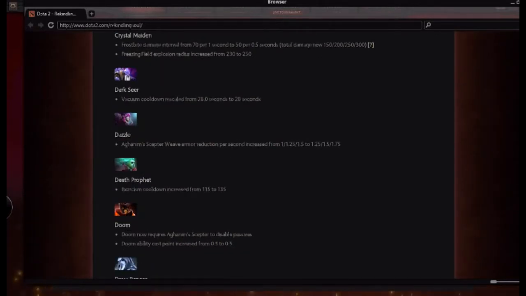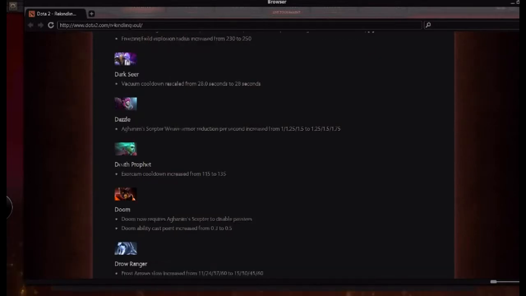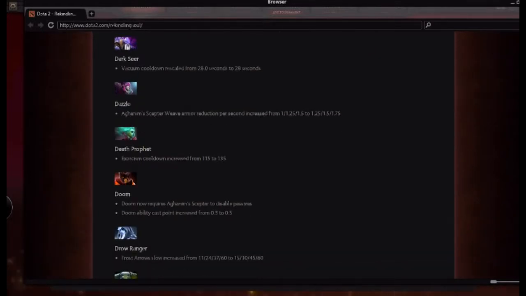Aghanim's Scepter Weaver, armor reduction per second increased from 1, 1.25, 1.5. So it gets a 0.25 buff on each level with Aghanim's. To Prophet getting a nerf, sorry. Her ult now takes 20 seconds longer to cool down. Doom now requires Aghanim's Scepter to heal passive, so